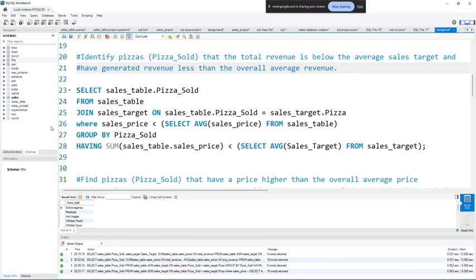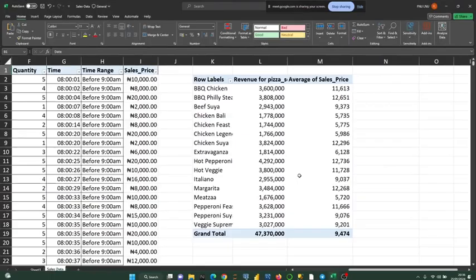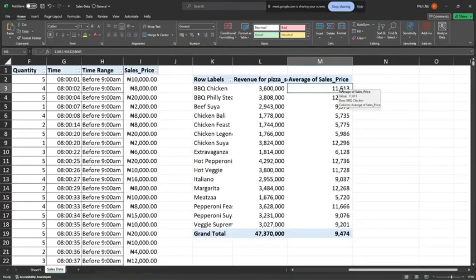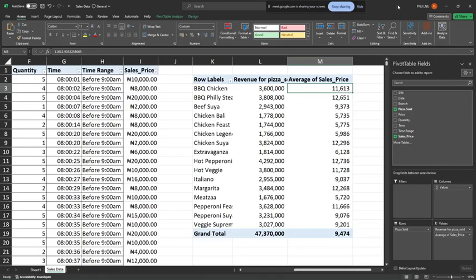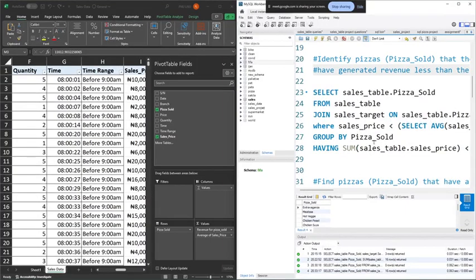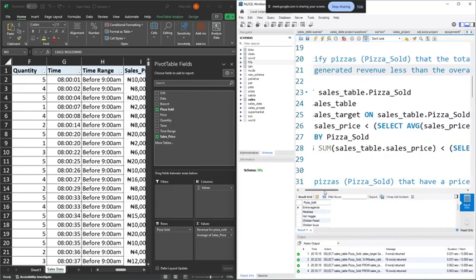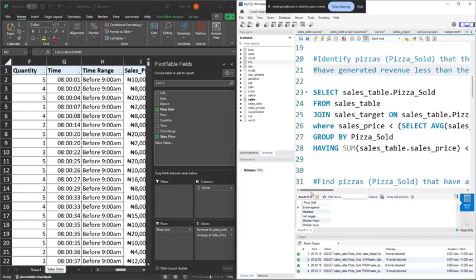Hold on, hold on. I think I'm getting what you're saying. Let's go back to our... Just hold on. Now look at this. This is the average of each type of pizza, right? Yes. Now, hold on now, come here. To get that revenue,